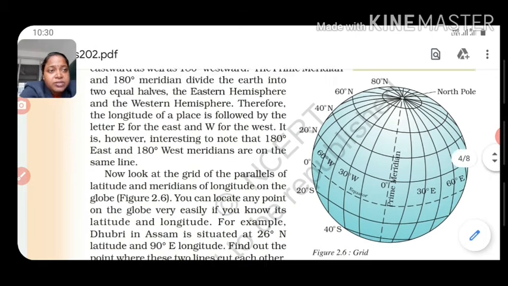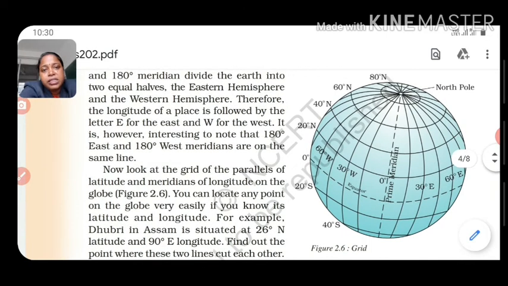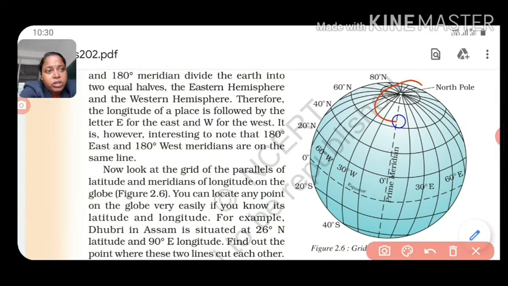Okay, so students, let's see this figure. We can analyze this figure like this. This is the North Pole. Okay, and down to the same position there is the South Pole. Okay, and this one is the prime meridian, which is known as the Greenwich time zone of the world. Okay, and this is the equator, and the point of this is calculated as the Greenwich area. Okay, so like this we calculate the time zone in the world.